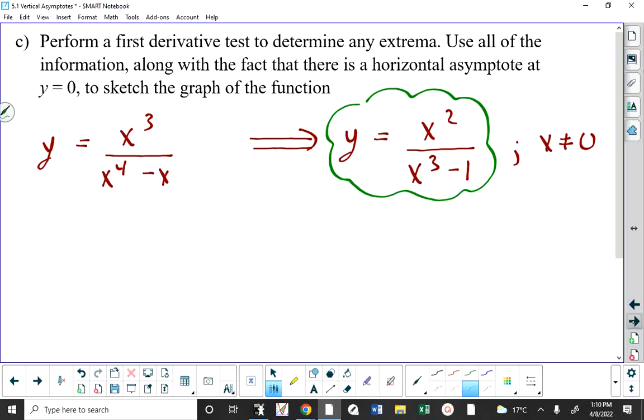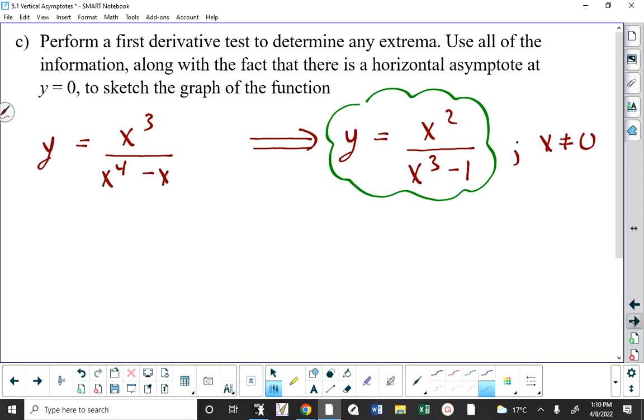So we're going to differentiate that. The other thing you will notice is that I didn't leave the x cubed minus 1 in factored form because I'm about to use the quotient rule. Why would you have a product in the denominator for the quotient rule? I think that would make things problematic. So